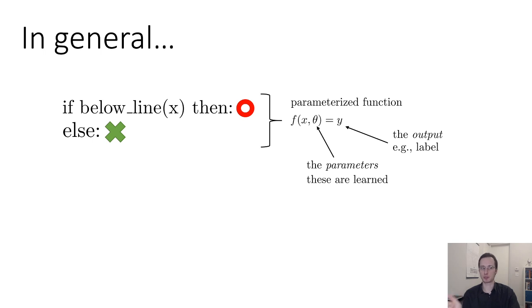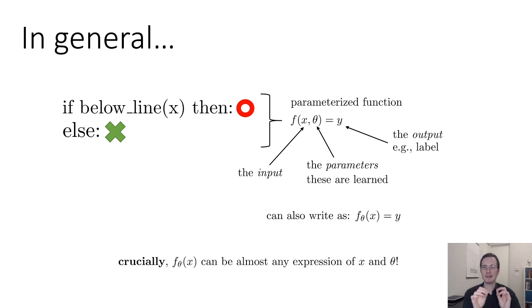If it's a classification problem, then we call it a label, and x is an input. We'll often see these types of functions written with the parameters as a subscript. So when I write f subscript theta of x equals y, I'm just using that to make it a little more clear that theta is a parameter of f. But really it's just another argument to